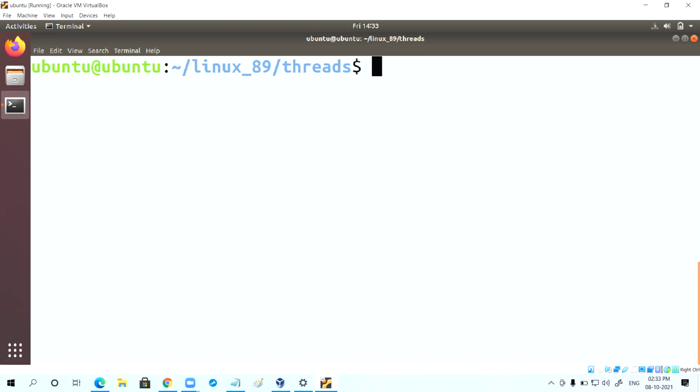That purely depends upon the code you are writing. As per the standard process, first you need to lock, afterwards you need to unlock. Is it clear?